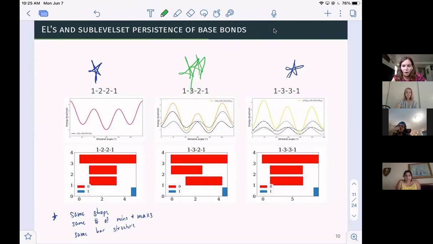And I see there's a chat. What are the dashed and dotted lines? Ah, that's such a good question. So if I go back to the previous slide,